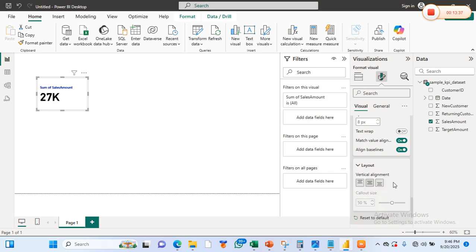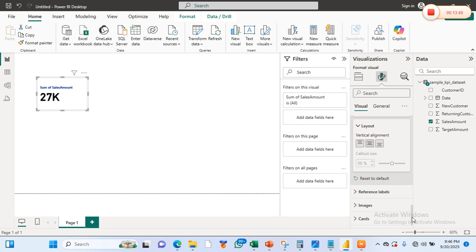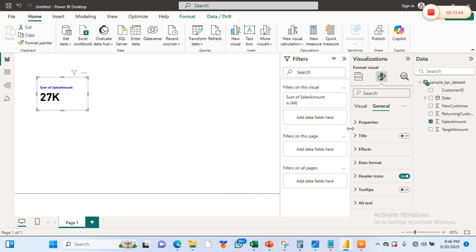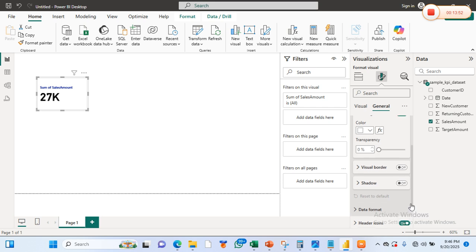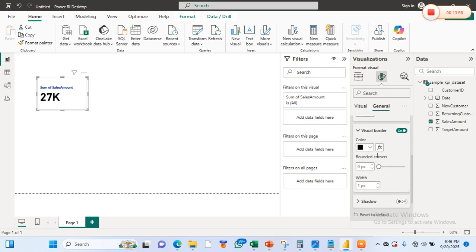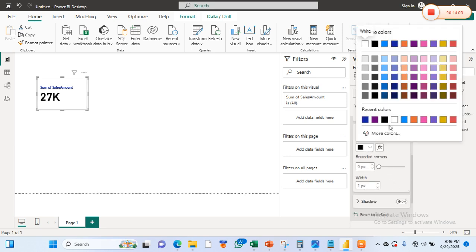So we do layout. I guess I'm done here. So let me move to the general. So I can do effects. I can change the background color, but I will leave it as white, right? I like this visual border. Trust me, guys, I love this visual border.